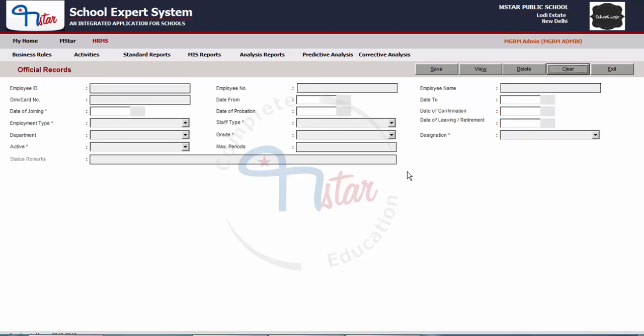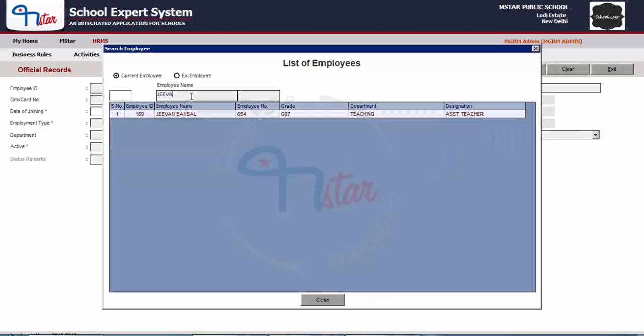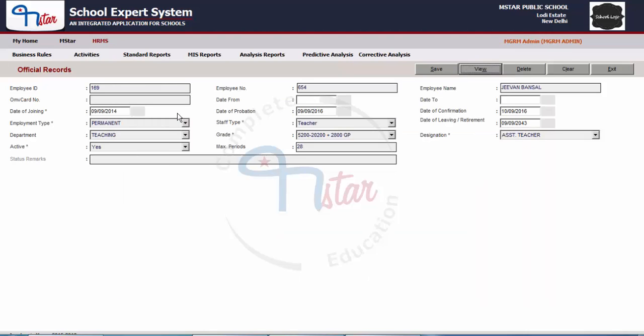Now let us see how to update the details of an already existing employee. Click on the View button. The window with the title List of Employees opens, displaying the list of all the employees for which the details have been entered in the personal screen. Click on the employee name whose details were saved, and click on the employee name to display its details on the main screen. Update the details as required